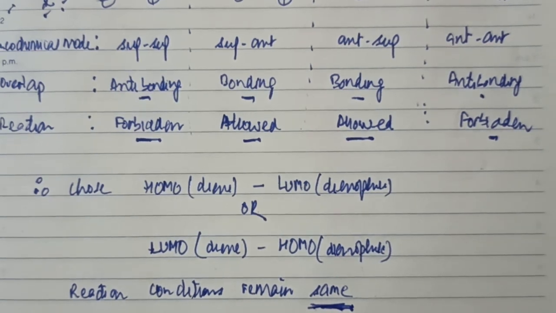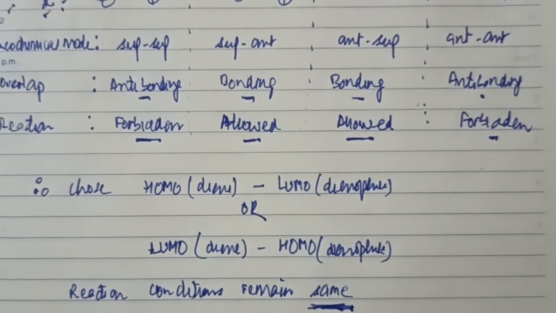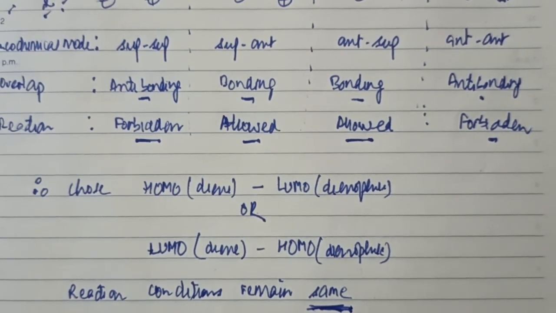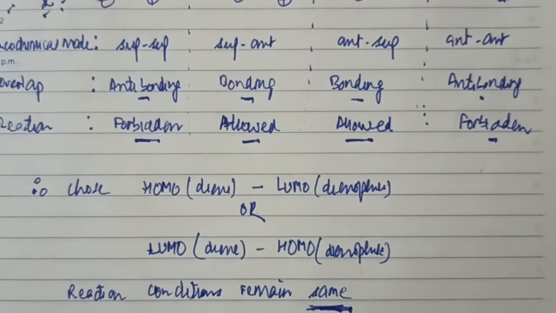Remember, while considering the FMO approach, we always consider the HOMOs and the LUMOs. Remember, under thermal conditions, it is the ground state orbitals which are interacting. Under photochemical conditions, only one reactant gets excited, and only the HOMO of the reactant which gets excited needs to be considered. We do not need to consider the HOMO of the other reactant. We have to only consider the bonding interaction between the combining lobes. If any anti-bonding interaction is encountered, that particular process will be forbidden. With all bonding interactions, the process will be allowed.